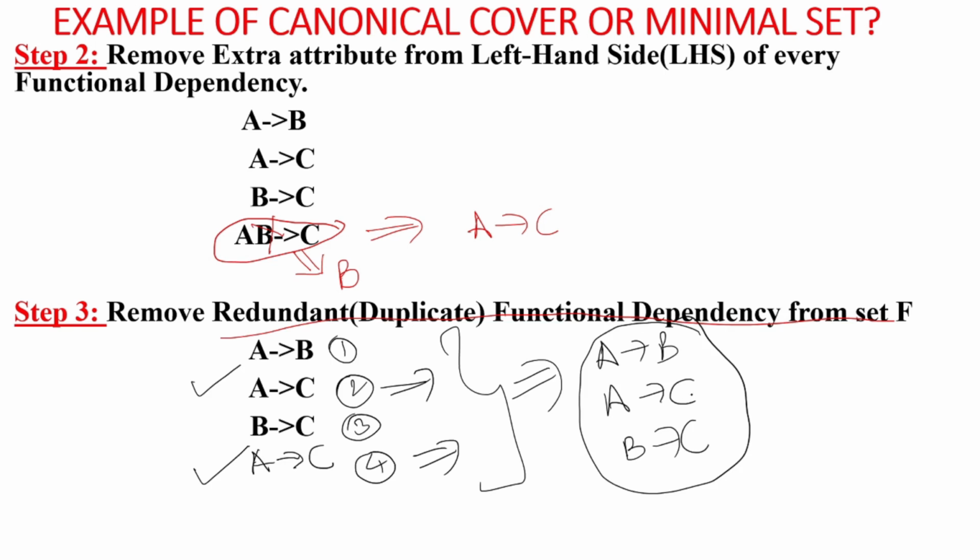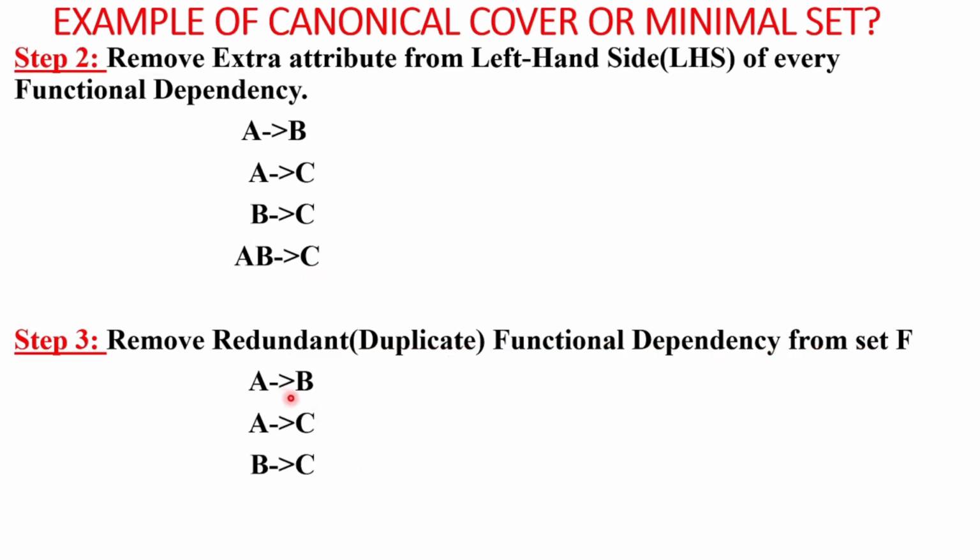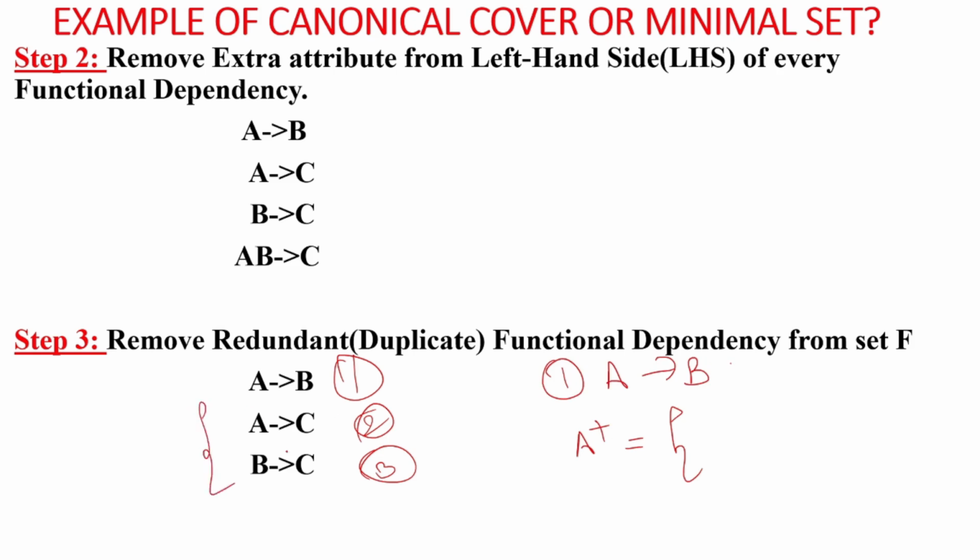A tends to B, A tends to C and B tends to C, and find out whether there is any duplicate FD out of these or not. So how to find this? Start with the first FD and check whether it is a duplicate or not. There are 3 FDs, 1, 2 and 3. We have to find which one out of these is a duplicate. If there is no duplicate, then write it as it is as an answer. So we'll start with the first FD, that is A tends to B. Find A's closure without considering this FD. You don't consider this FD, you consider the other 2 FDs and find A's closure.